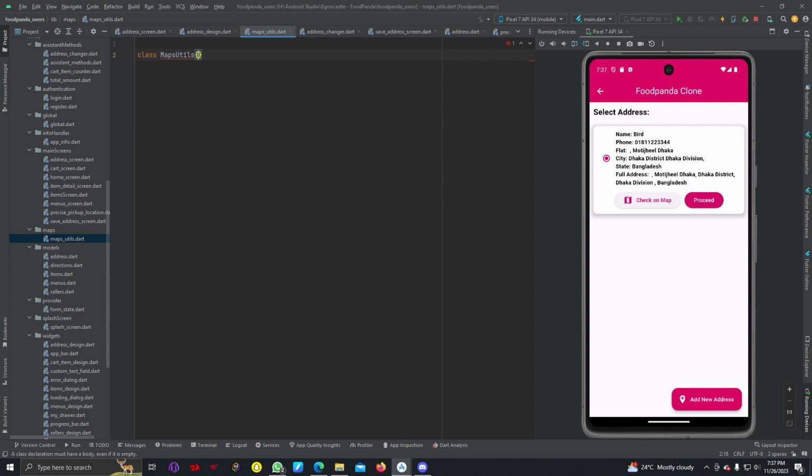So after that we can write maps utils dot underscore colon, and then static